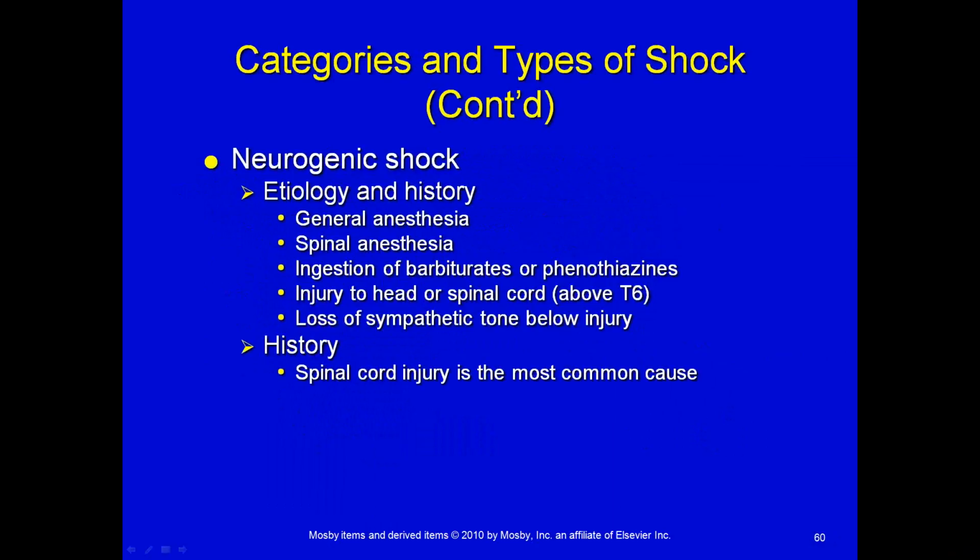General anesthesia may cause neurogenic shock. Spinal anesthesia may cause neurogenic shock. Ingestions of barbiturates and phenothiazines. Injury to the head or spinal cord above T6. Now, when you have a high spinal cord injury, like above T6, that's going to cause the vessels to fully